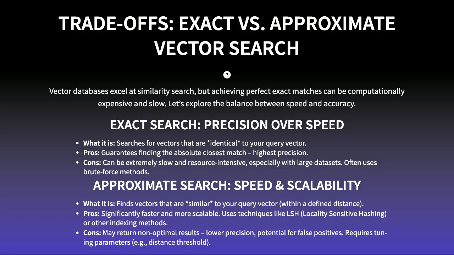That's where approximate vector search comes in. It sacrifices some precision for incredible speed and scalability. You trade off finding the absolute best result for getting results much faster. The trick is finding the right balance between how close you need your results to be and how quickly you